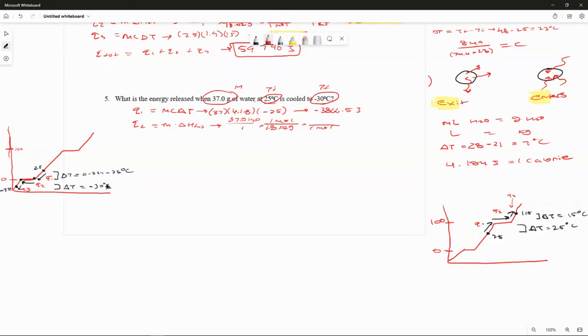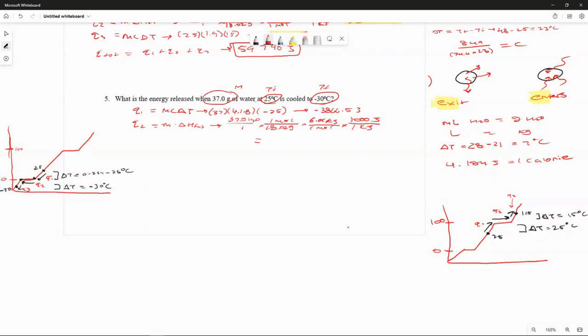This is where the information comes in. The delta H fusion value is 6.01 kilojoules per mole, and this is given on your test. You just got to scroll up. Then you want to convert how many joules are in a kilojoule, 1,000 joules. All you got to do is multiply across the top and divide by everything on the bottom. When you multiply 37 times 6.01 times 1,000, and then divide that by 18.02, you're going to get